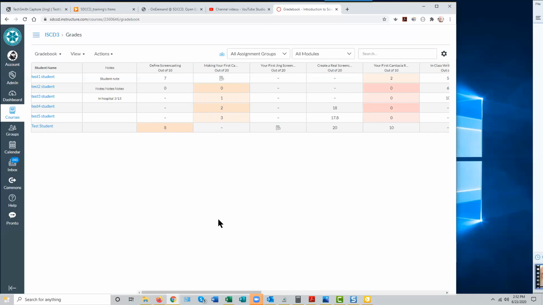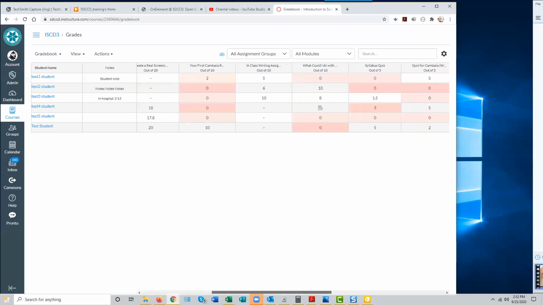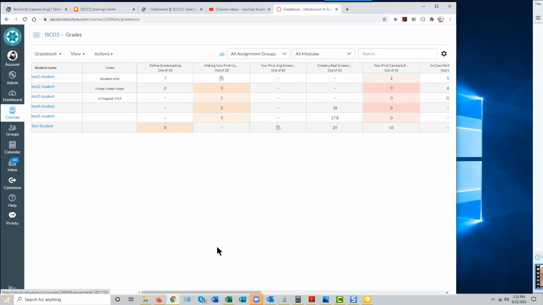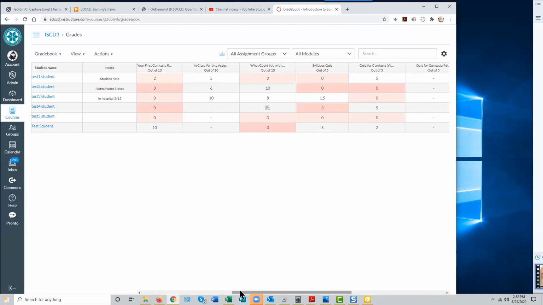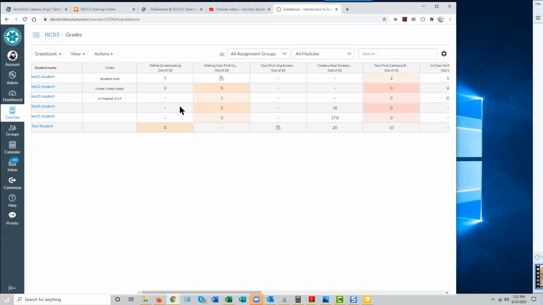In this way, each separate assessment's contribution to the final grade is weighted simply by the number of possible points you assign. So if one assignment should be weighted twice what another one is, you assign it twice the number of points,